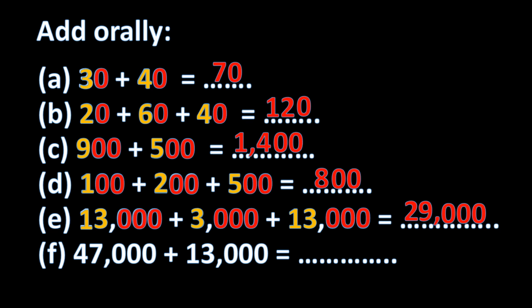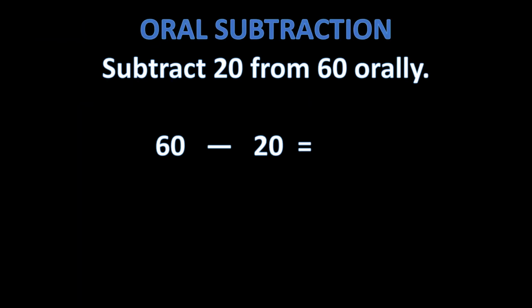And the last is question number F. 47,000 plus 13,000 is equal to dash. Again, look in the ones place, tens place and hundreds place and tell me how many zeros we have to write. Yes, 3 zeros. Then add the digit in the thousands place. 7 plus 3 is equal to 10. So write 0 in the thousands place and carry 1 to the 10,000s place. Now add the digit in the 10,000s place. 4 plus 1 is equal to 5 and 5 plus 1 is equal to 6. So the answer is 60,000. Our next topic is